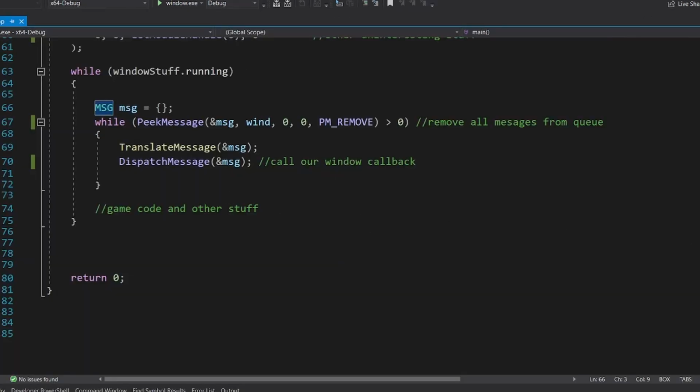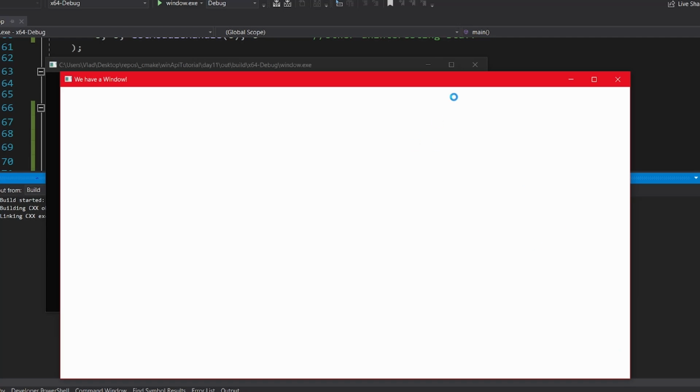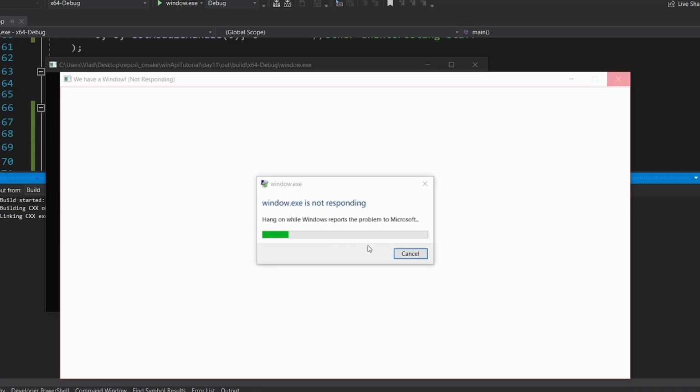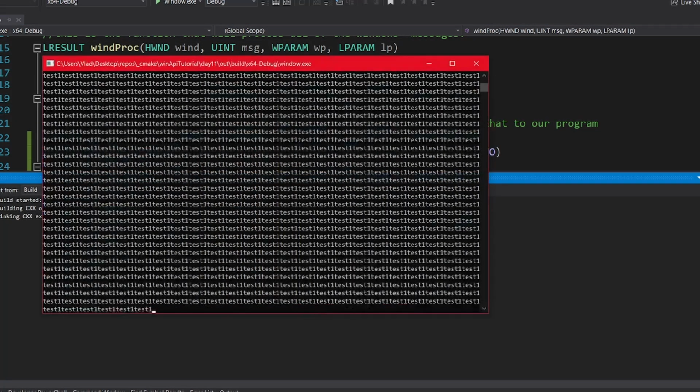Last thing I want to show you. So if you don't call this code, well, the window will be stuck, as expected, because you don't handle the messages. Also, if you call it properly but not handle the message properly, the window won't open because some messages expect you to return certain things when the window is created, to signal that everything worked.